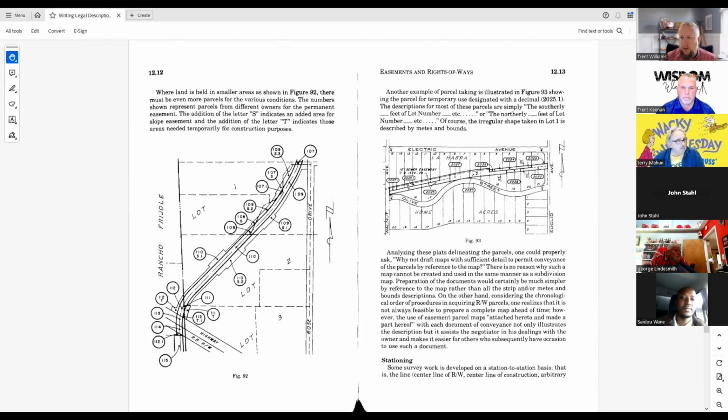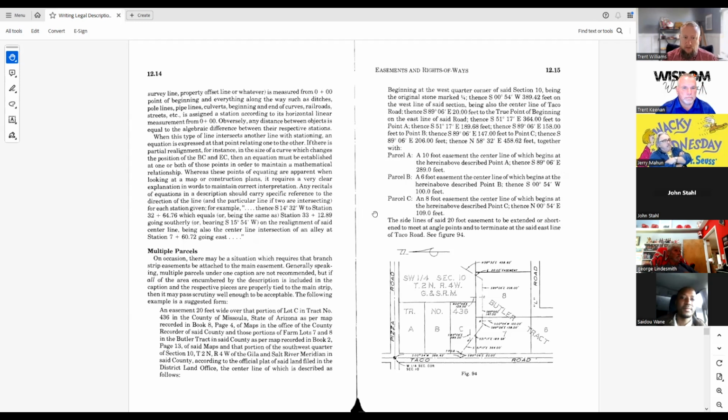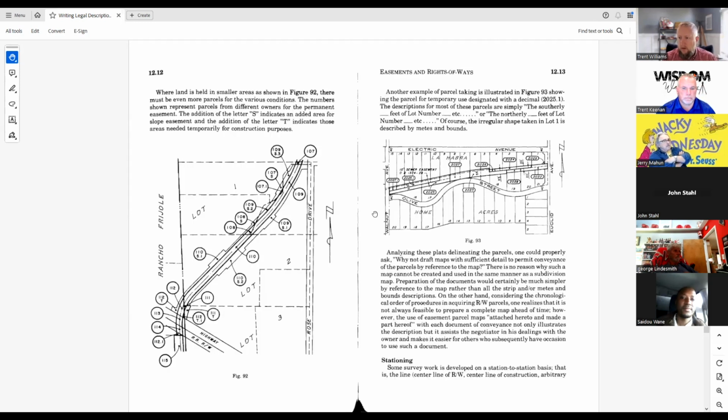And a lot of those have old stationing dating back to even the 20s. That can be a challenge because they'll call out an easement between station this and this of this pipeline, and you've got to do quite a bit of research to establish where that stationing begins and ends in the real world, and they don't always have a tie to a section corner or anything like that. Do you guys see much of those type of stationing easements where you work?